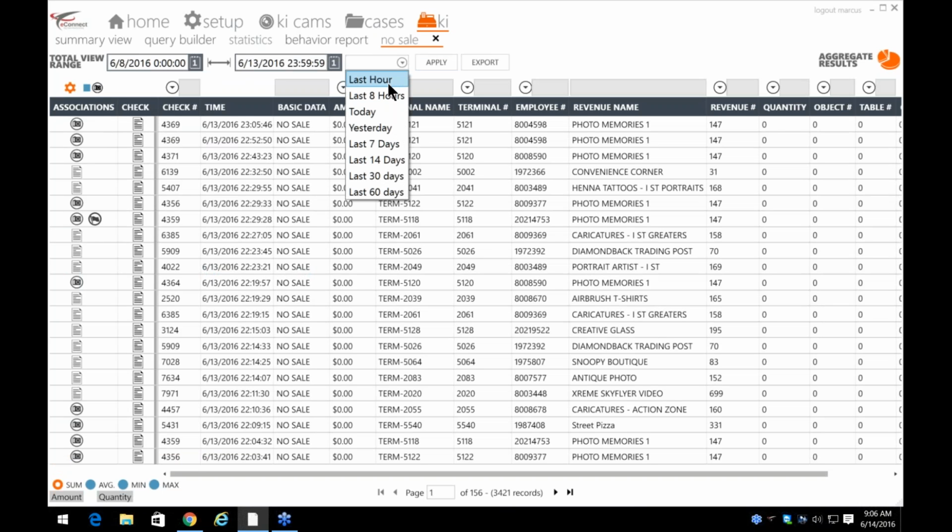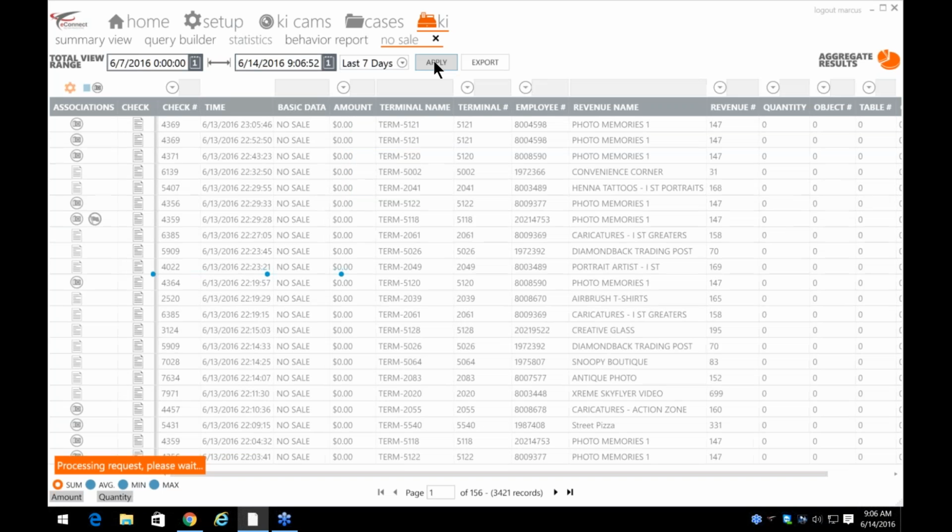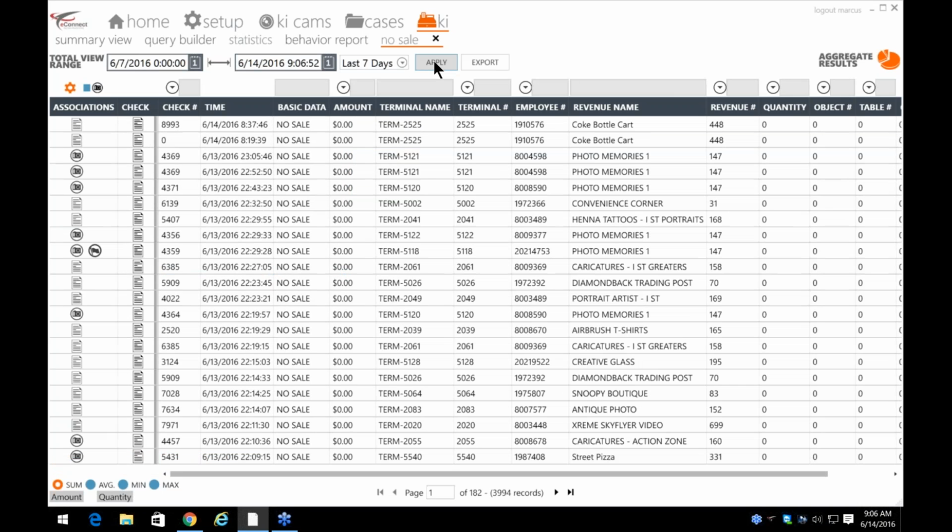The other way you can do it is in the middle, we have this drop down with preset date ranges. So if you click on any one of those and hit apply, it's going to do the same thing. It's just personal preference on how you want to view the information. What I like to tell everybody is if you want to export it, because it is similar to an Excel